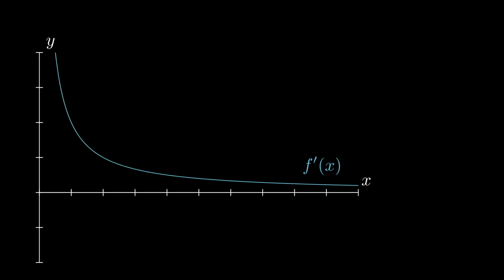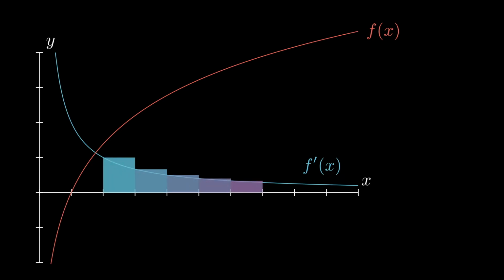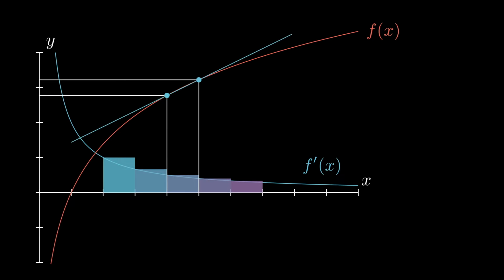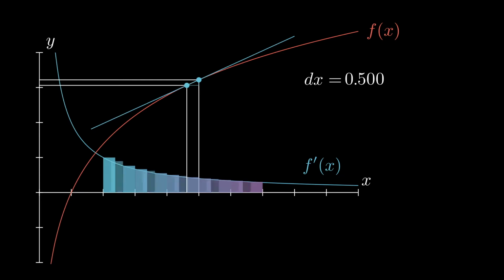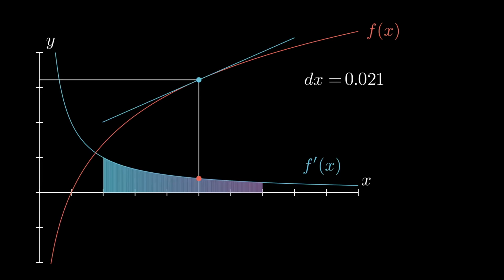Well, a reasonable start is to figure out how to approximate the area under the derivative curve in blue. Luckily, we can accomplish that by using rectangles. Let's say, for now, 1 for every increment in the x direction. What's interesting here is that as we add more and more rectangles, the widths, we'll call dx, decrease rapidly. Even more impressive is that the area under the derivative curve, as well as the parent function's tangent, gets more